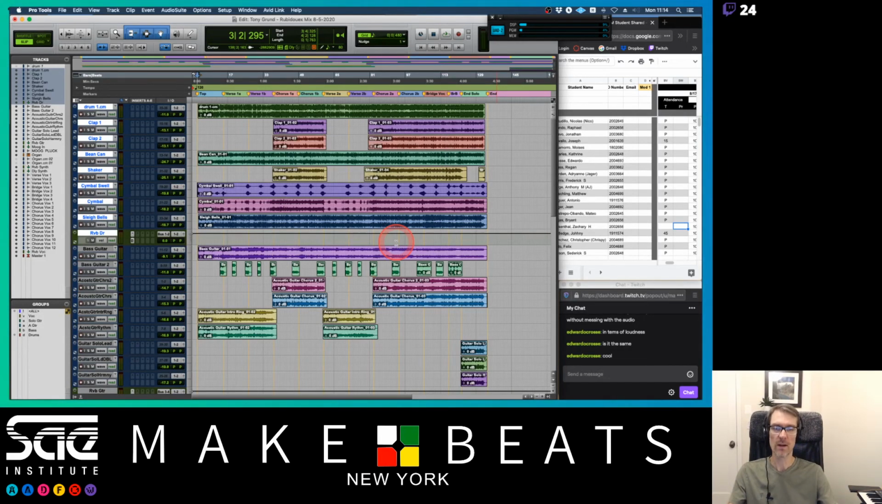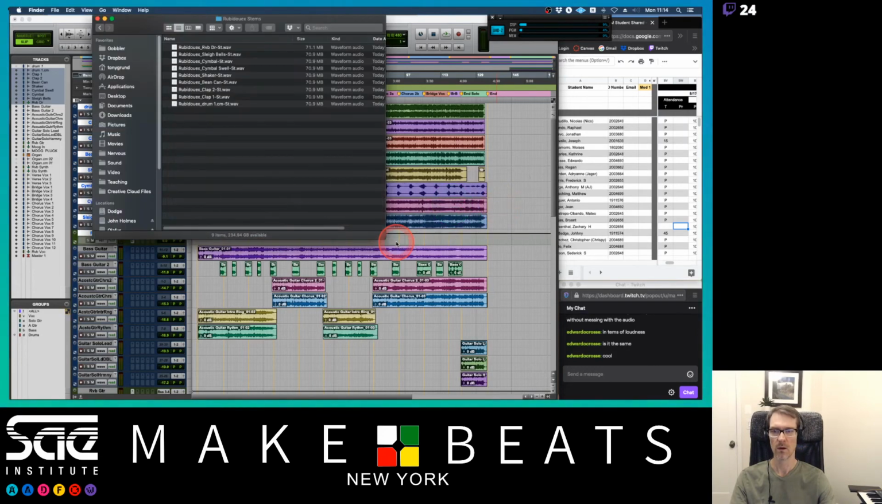So whenever you're ready to take your song into another session and into another DAW, this is what you do. You just highlight your tracks and you right click and bounce, and now all of our stems are in here and they're all the drum tracks. So if I wanted to,